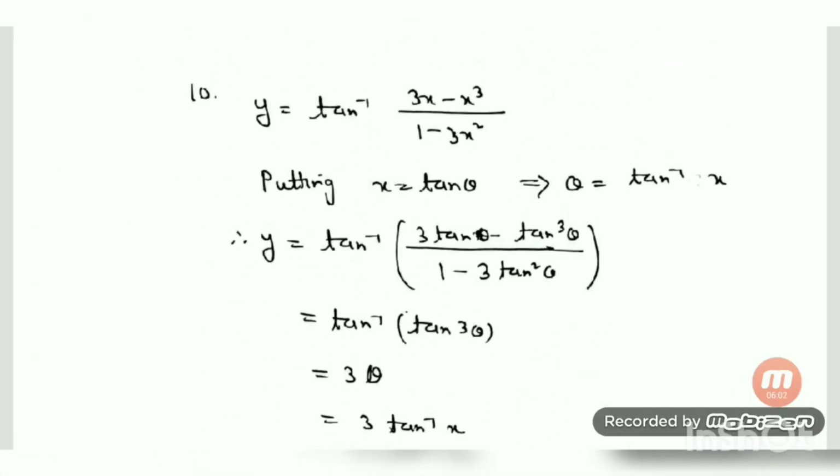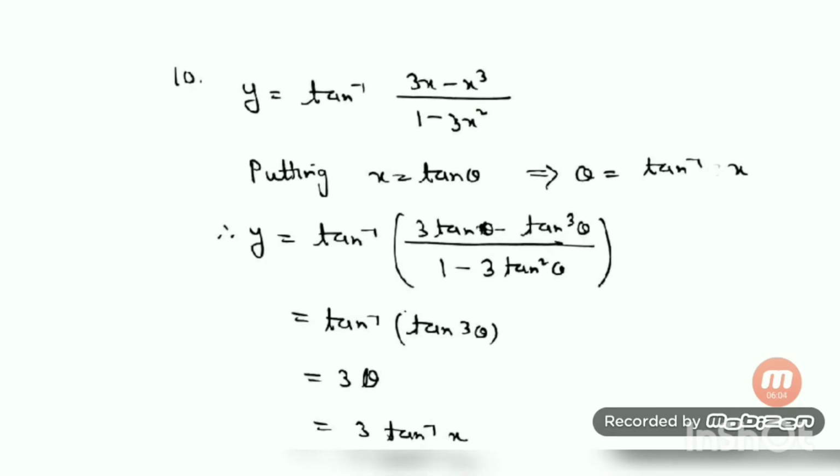As I told you, I'm not going to do it directly. Using inverse trigonometric functions or converting in terms of trigonometry, I'll do the problems because that will take less time. So here you see the question number 10. Find the derivative or find dy/dx. The question is, y is equal to tan inverse of (3x minus x cubed) by (1 minus 3x squared). Just by seeing the question, we understand that this is the formula of tan 3 theta. We can convert it into 3 tan inverse of x formula. So let me show you.